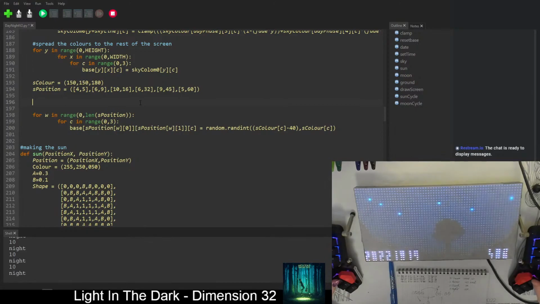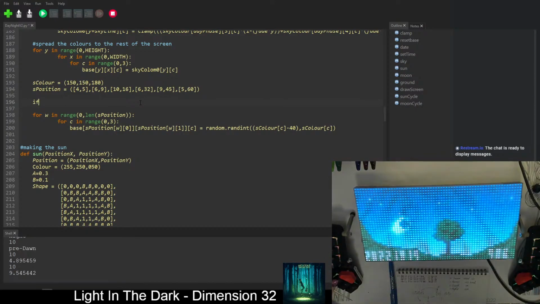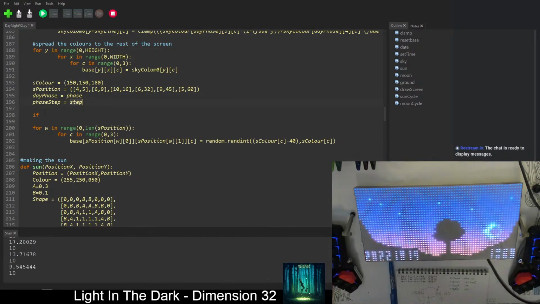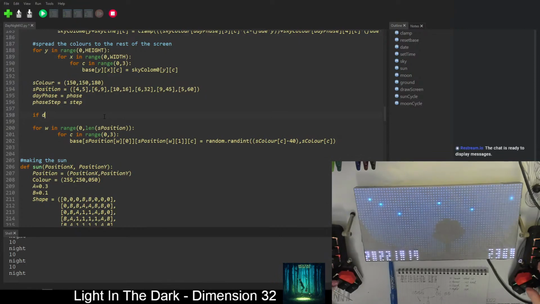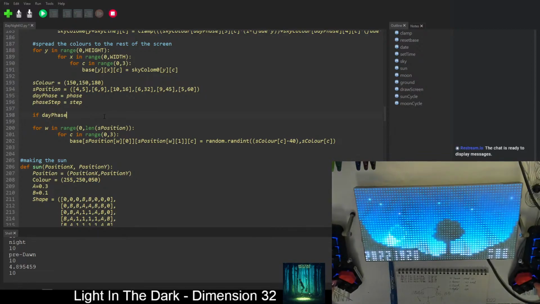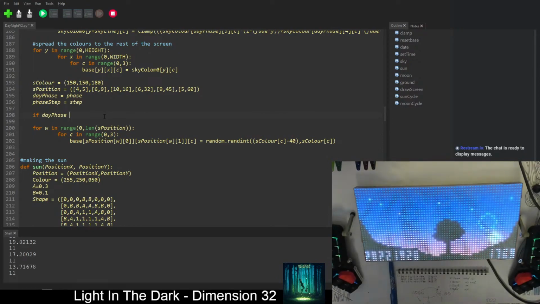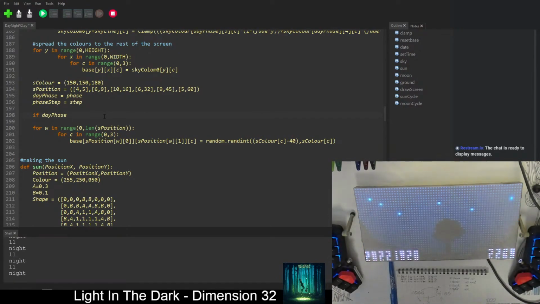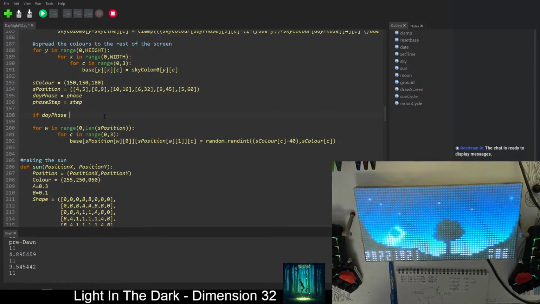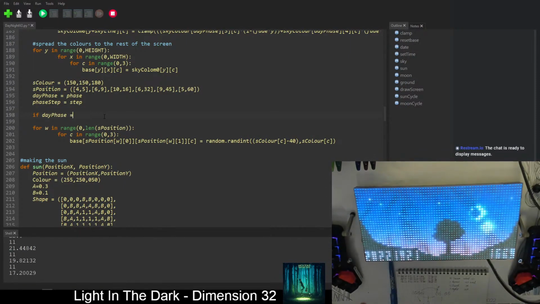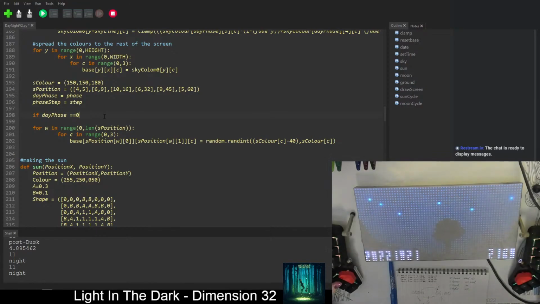So it's going to be if, can I paste that here so I can actually if day phase is 0, I guess, then it's dawn. Then it needs to fade in the opposite direction. So if day phase is 0,